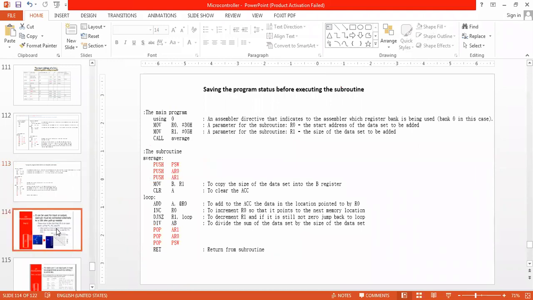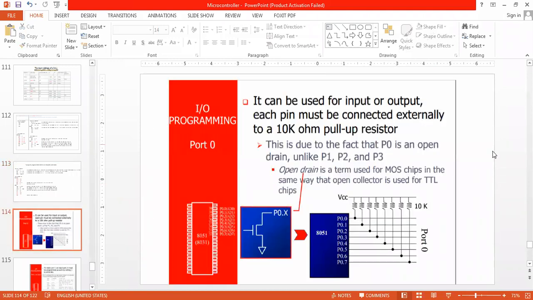Now one more important topic: we will go for input output port programming. We have 4 ports: P0, P1, P2, P3. We know that P1, P2, P3 have internal pull-up registers.